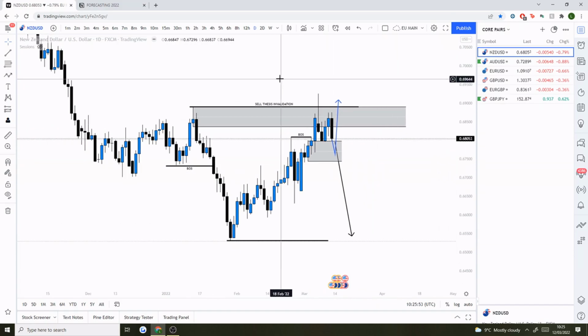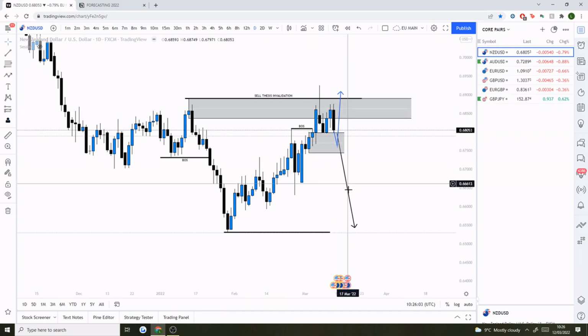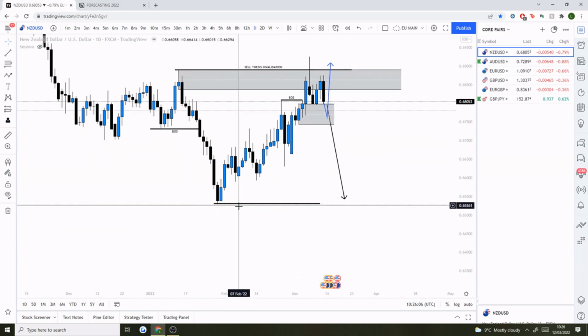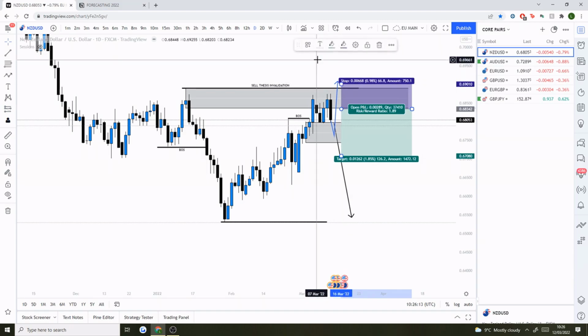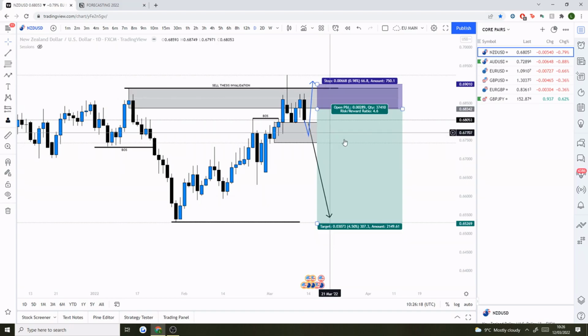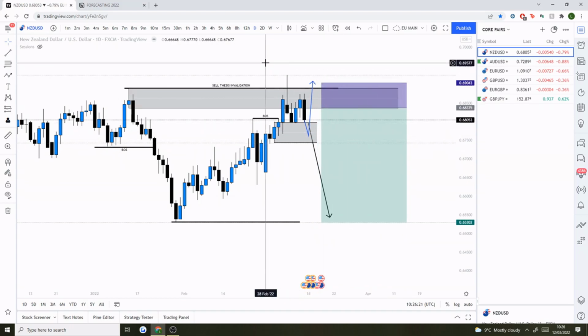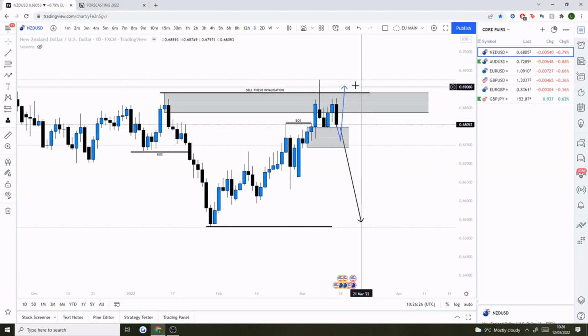So if I'm just looking from the daily, what I'm really expecting is for price to start to move away from this supply zone here, and as the supply comes back into the market, we'll see price come down to break the structure again at the low down here. So from a daily perspective on NZDUSD, it's just a case of looking to take sells from this area up here, and we can target the daily low to create a new low there. So that's the higher time frame bias and the higher time frame expectation from me that we will be seeing that bearish move coming through on the daily.